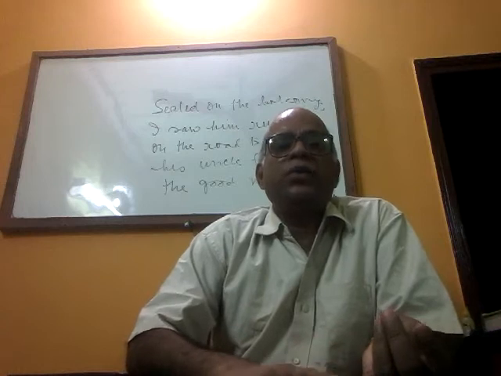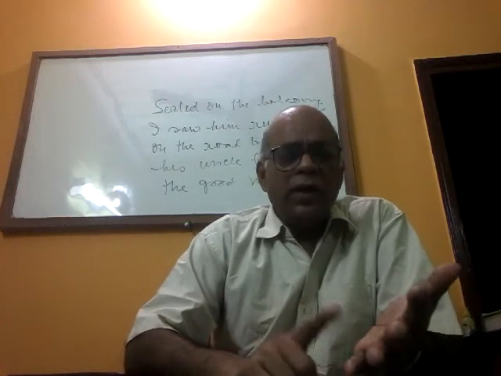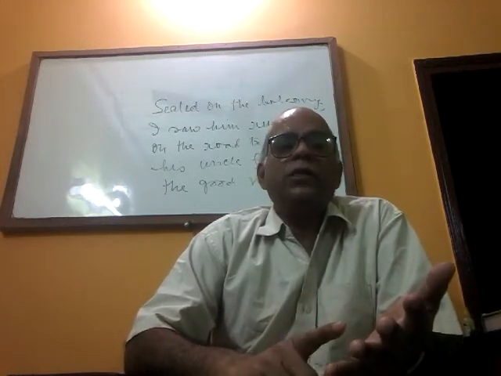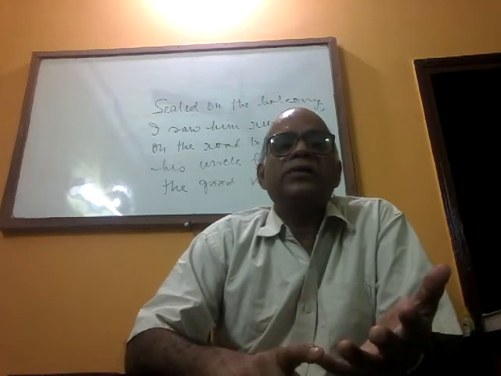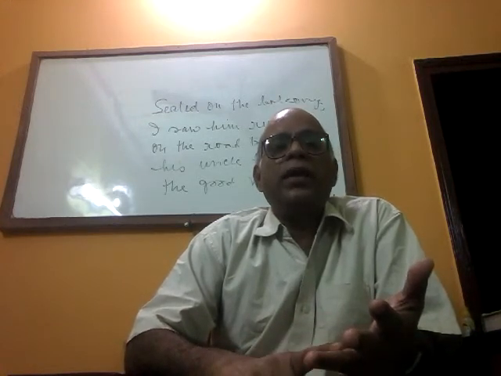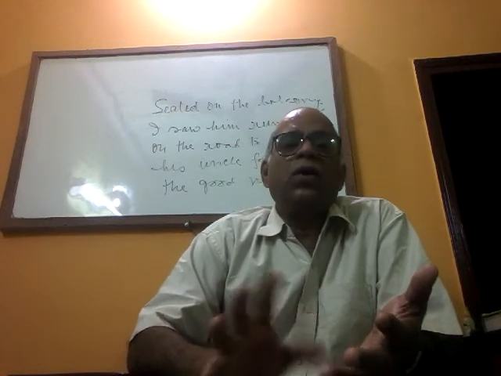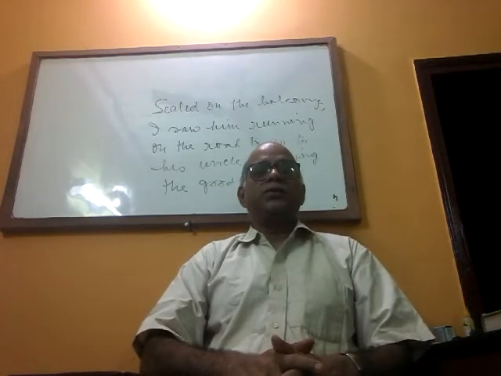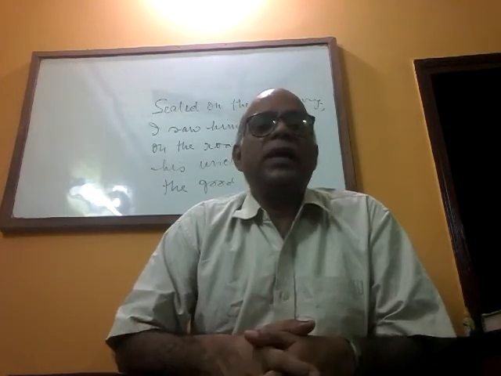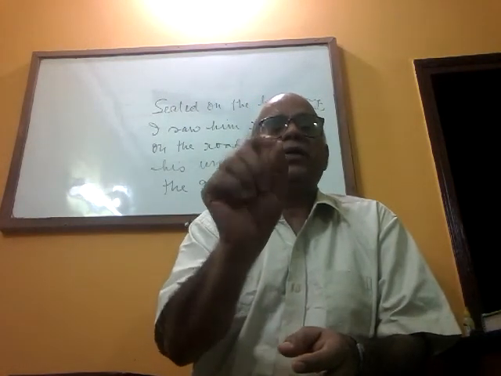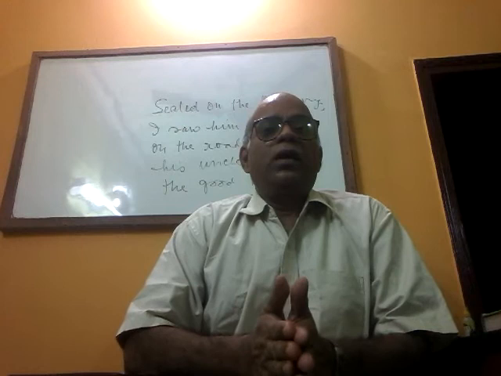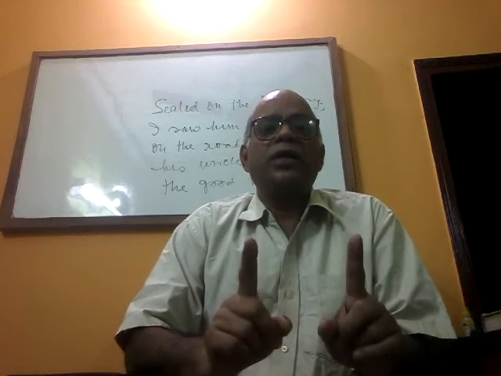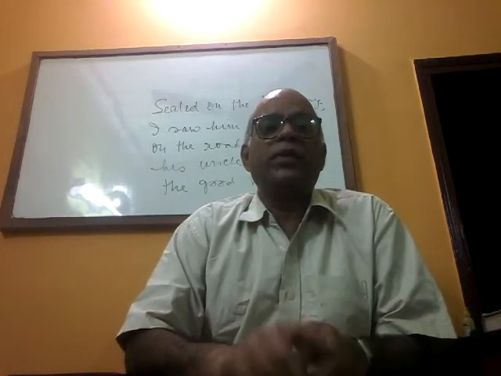When they are used as relative pronouns, these are all subordinating conjunctions like who, which, when, where, what, how. And then if, because, since, as, lest, unless, until. These are all subordinating conjunctions. So identifying a subordinate clause becomes easier when we see that it begins with a subordinating conjunction. In a sentence there must be one principal clause at the least, because one finite verb has to be there. Without a finite verb you cannot make a sentence.